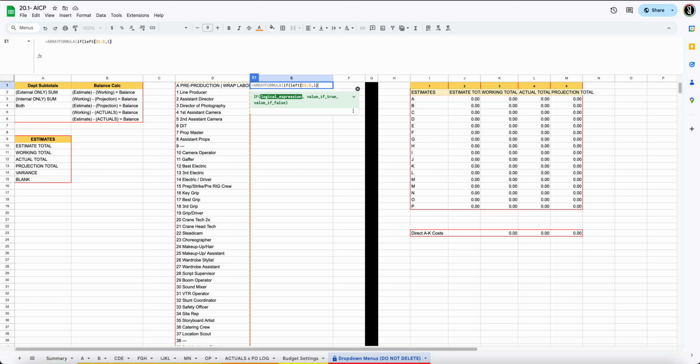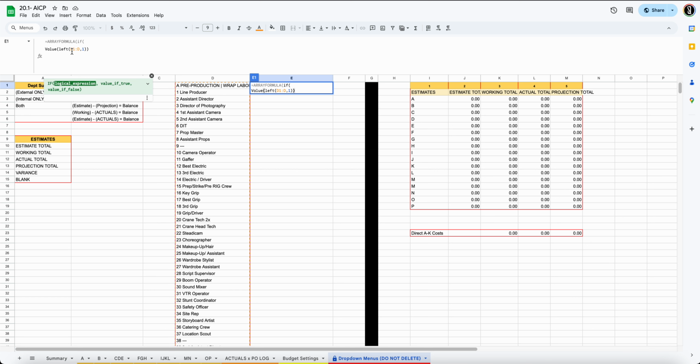is a number. Oh, I guess I could do value. Let me break this up a little bit. I think it's going to be if left one. I think this has to be changed into a value first because it's only going to recognize it as, okay, so then it's going to be the value of this. So what I'll do is I'll make this value, and I'll take the value of this, and then